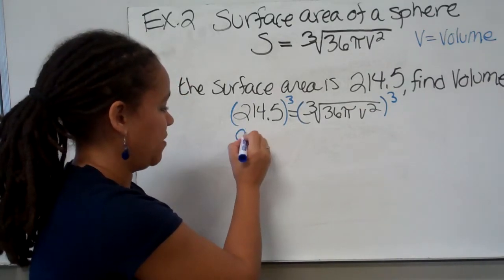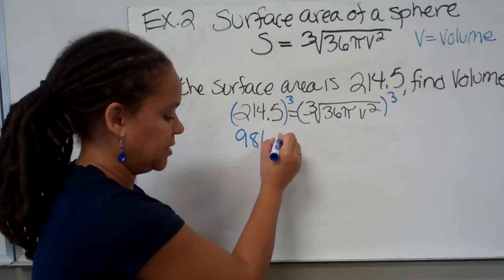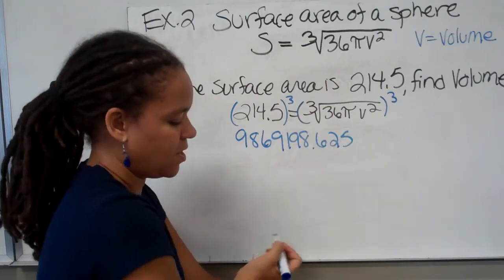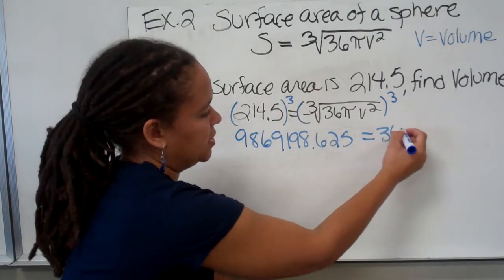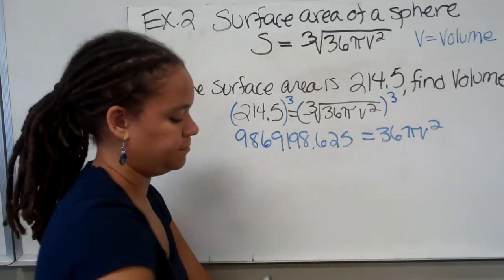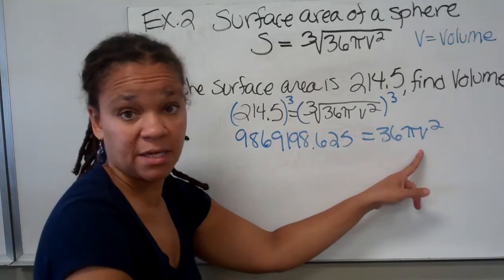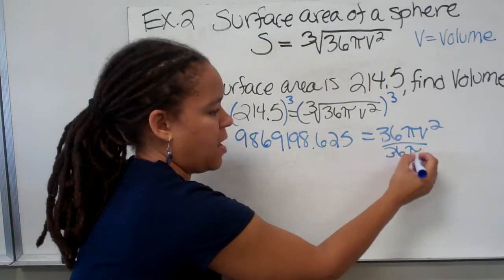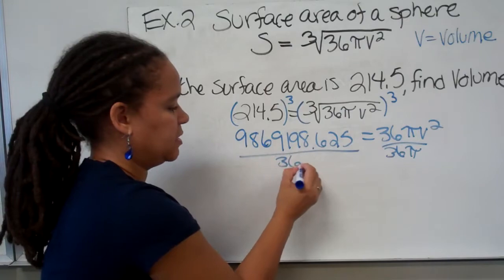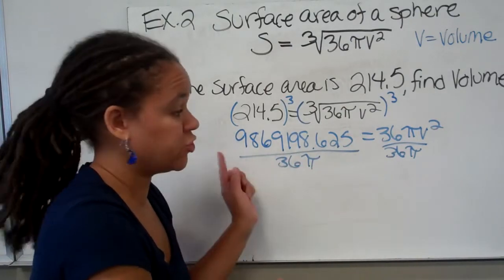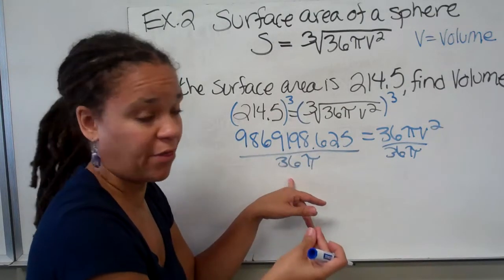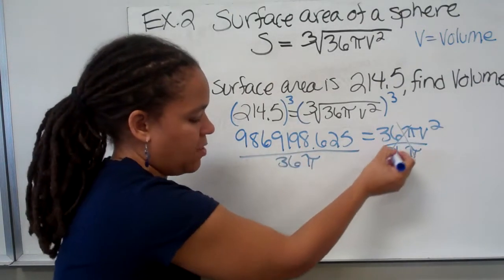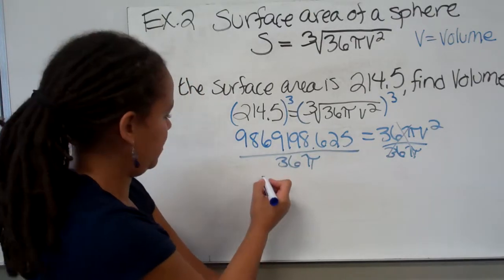All right, so if you do that, you're going to end up with a pretty big number. I have it here written down, 9869198.625 is equal to 36 pi V squared. All right, we're trying to get V by itself, so let's divide both sides. This is back to basic solving. 36 pi, divide by 36 pi. And if you're using your calculator, you can actually hit divide and hit 36 pi together, and it'll understand what to do. These cancel out, and then you're left with